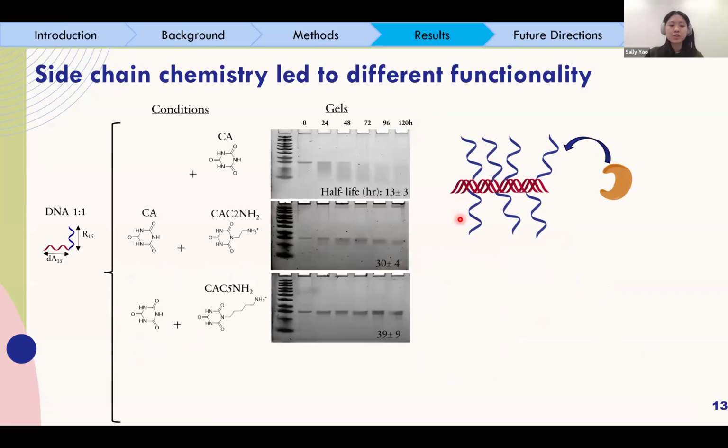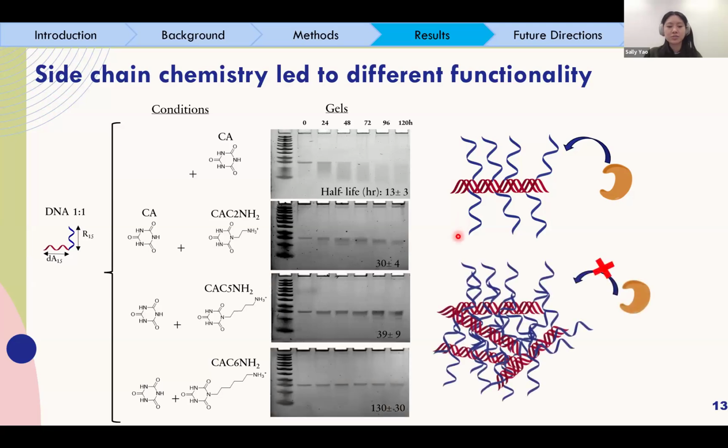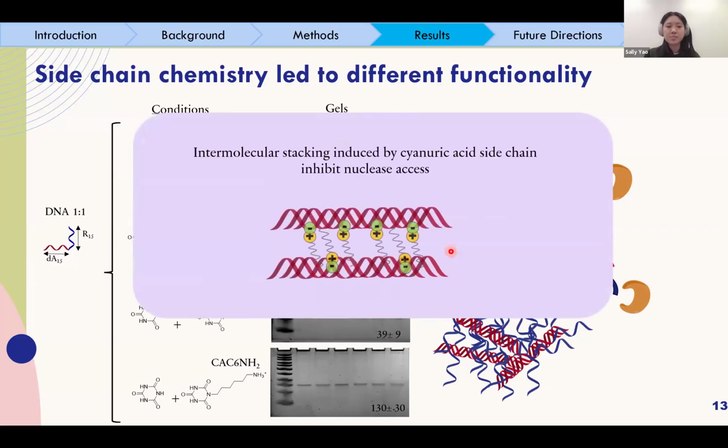However, if we push it all the way to C6, to C5 to C6, where we can undo this interfibril stacking, we can effectively hide the cargo sequences in between fibers, which limits the access of nucleases to degrade them. So this is the first evidence to show us that with the simple side chain chemistry of the cyanuric acid, but no modification on the nucleic acid, we'll be able to protect the nucleic acid and inhibit the nuclease